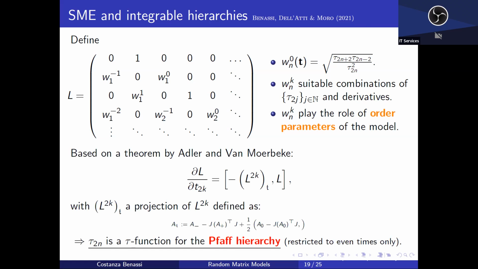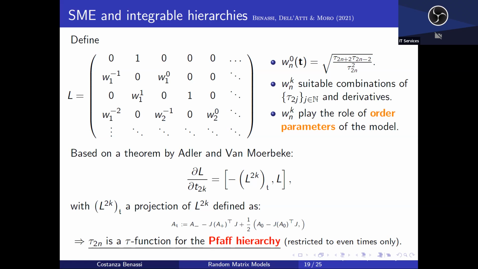And you might be wondering, why are you building such a matrix? Because it turns out that this matrix is actually the Lax operator for what is called the FAF hierarchy. The FAF hierarchy is a bit more complex than what we had for the TODA hierarchy, in that here, before we had just the skew symmetric part of the operator. Here we have something that is way more complex, and I'm not going to go into it, but it's basically a projection that is well defined, and we know how to do that. So all these you can basically calculate.